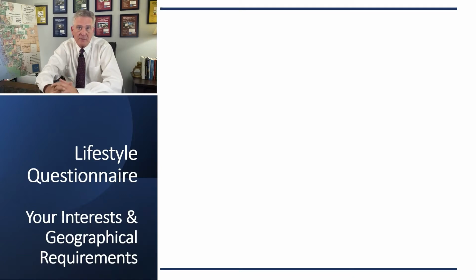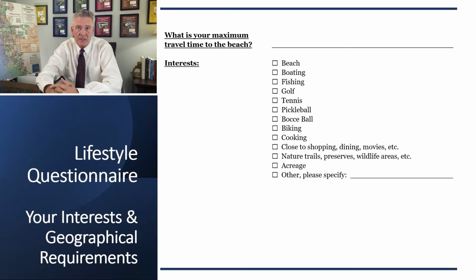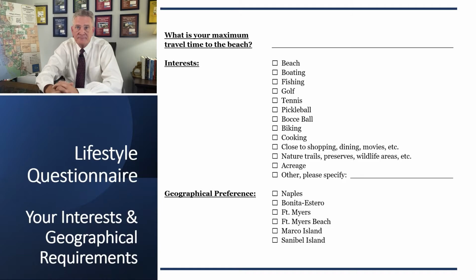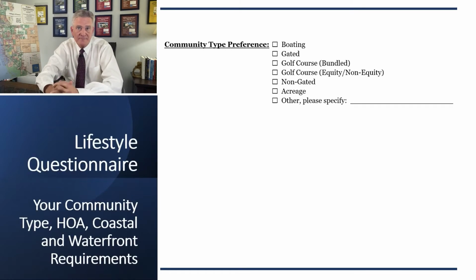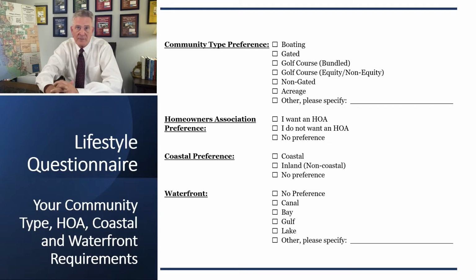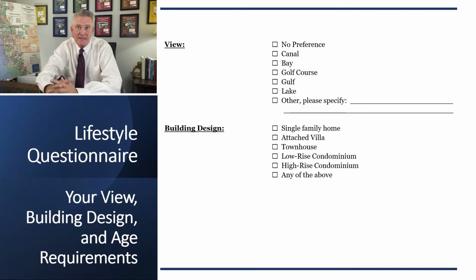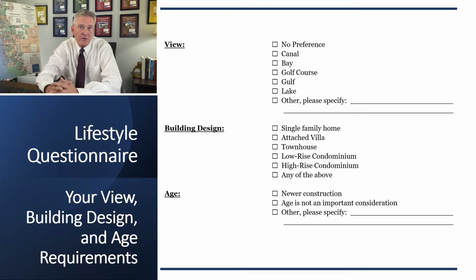These questions include your maximum travel time to the beach, if any. I find this question to be extremely important, as many people who want to have a home here have a definite limit in mind in terms of travel time to the beach. Your interests, your geographical requirement, your community type requirement, whether you want an HOA or not, your coastal requirement, your waterfront requirement, your view requirement, your required building design, if the age of the home or condo is critical to you,